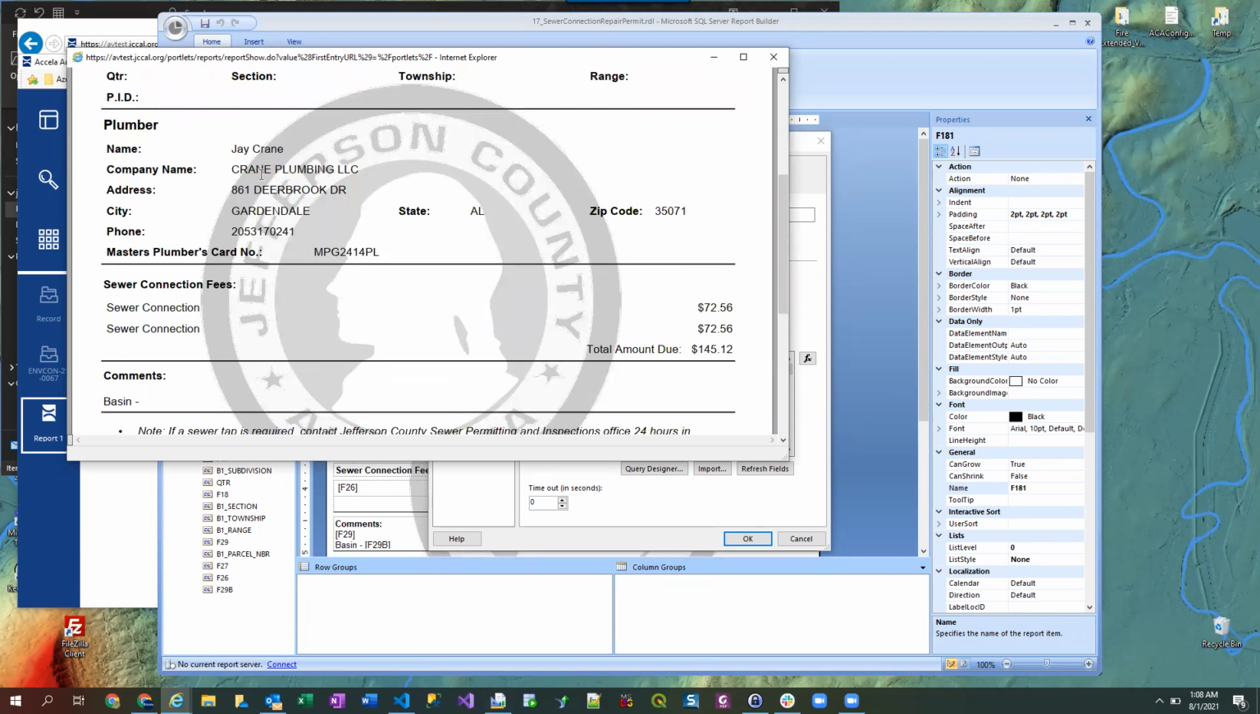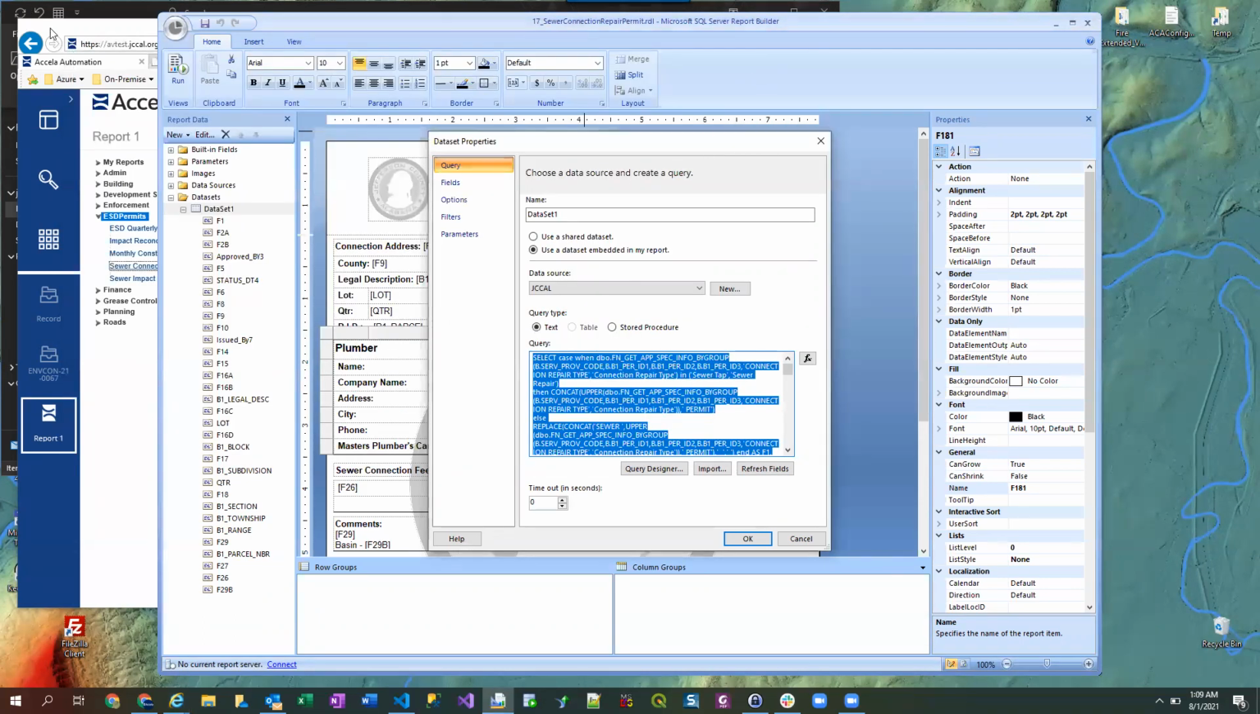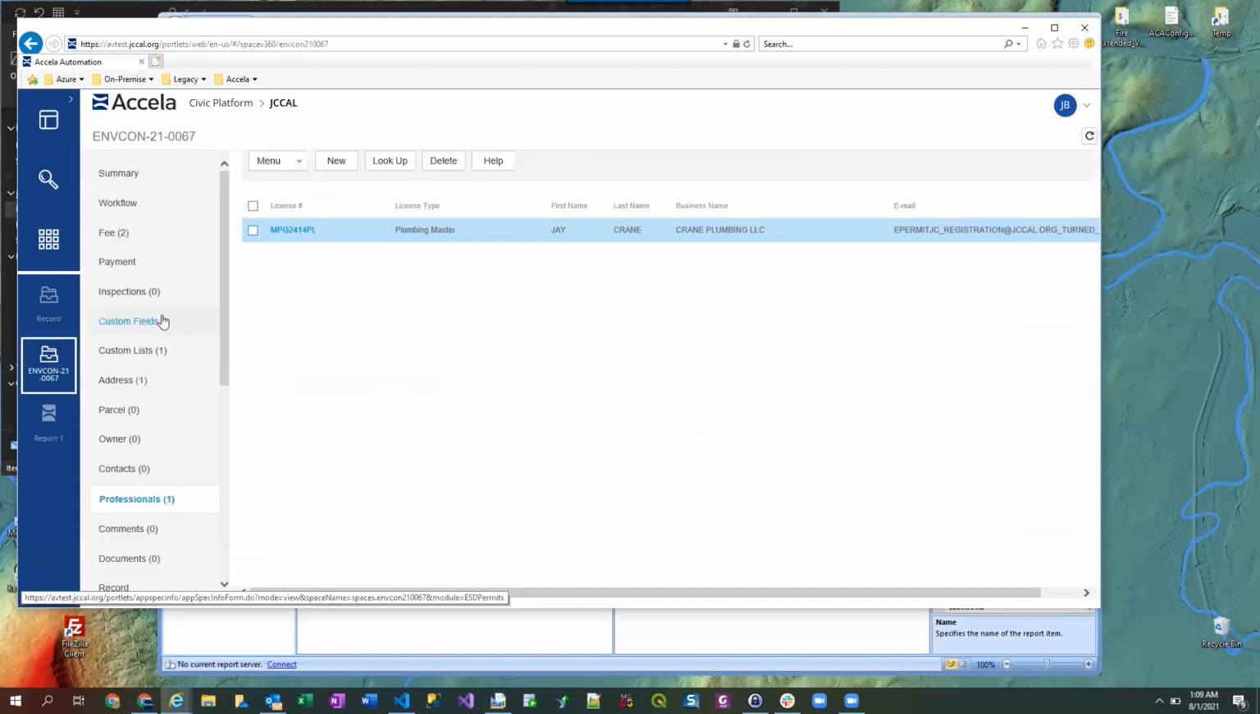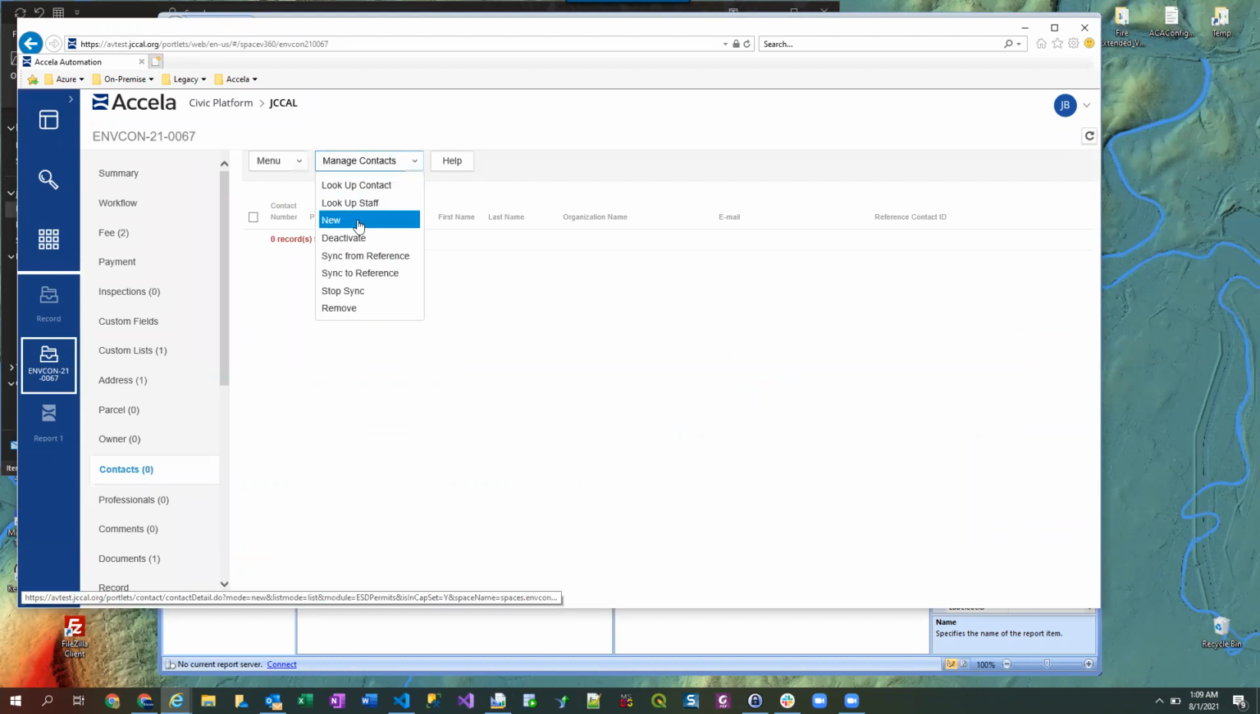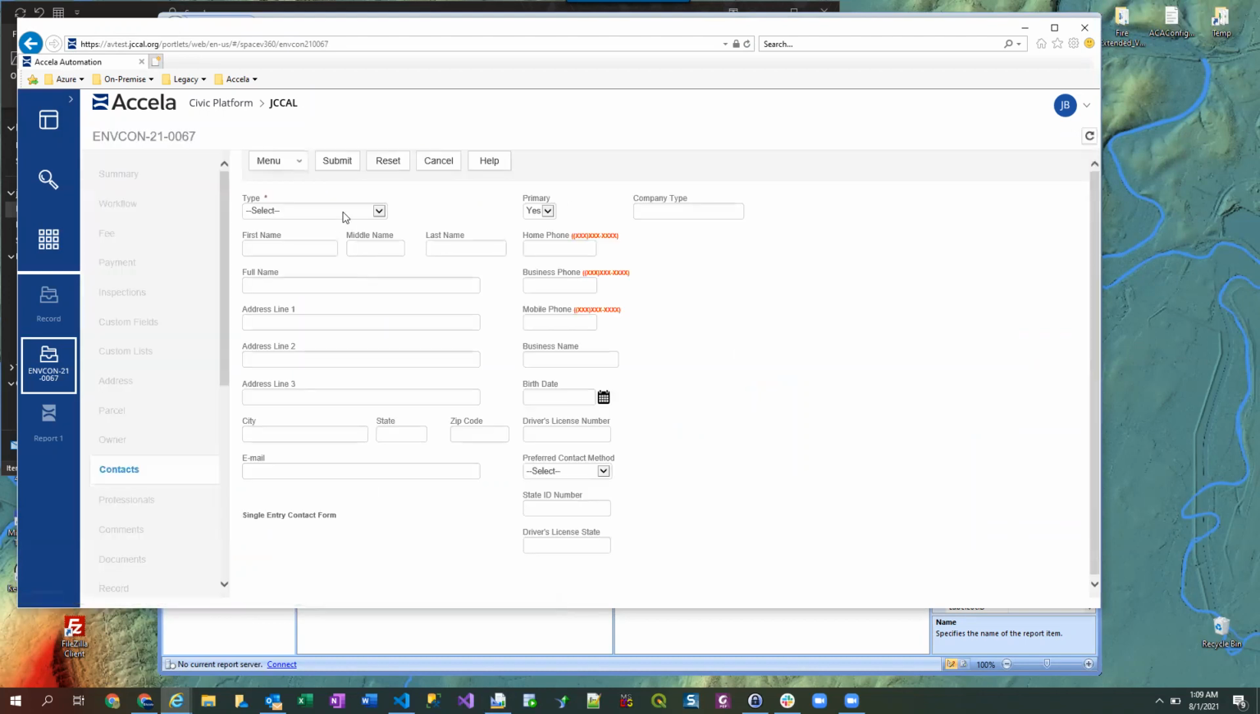And so I do get the plumber information because the query is looking for a licensed professional. And if I run this, this is running against test, and that record has a professional, not a contact. So if I remove this contact, and I add a demolition contractor,